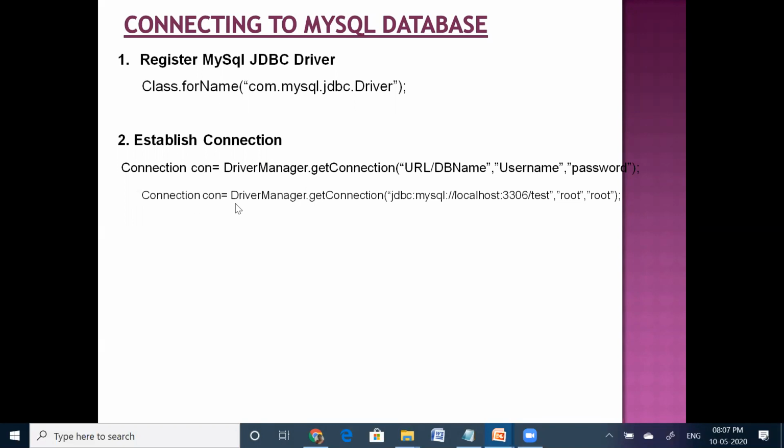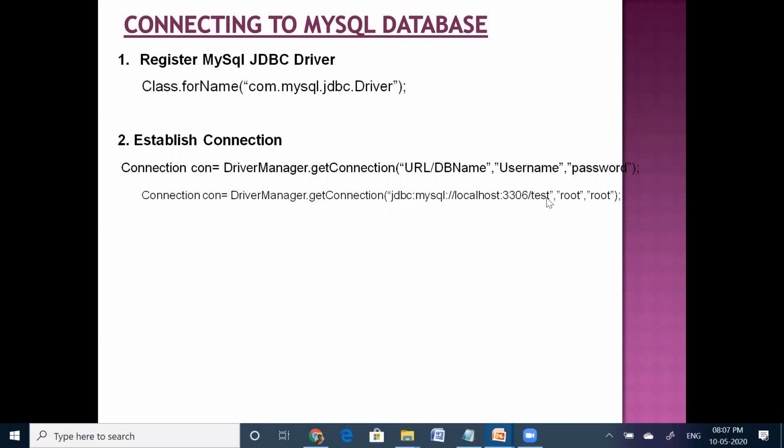Okay. Now see how to execute that statement. Here DriverManager.getConnection. Our MySQL database server URL is jdbc:mysql://localhost. Localhost indicates the IP address, then the port number. This port number indicates at which port your MySQL server is installed. Then the database name.